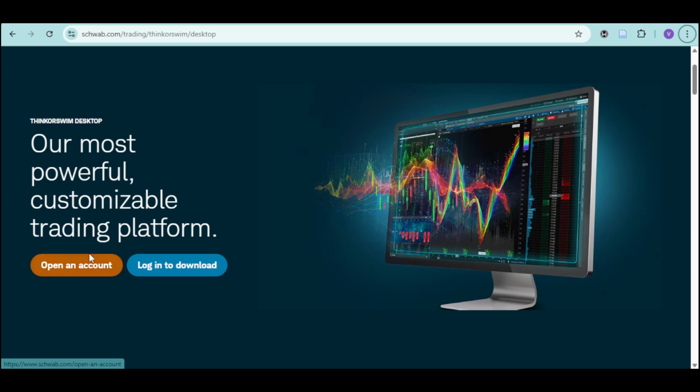But if you already have an account, you can skip this specific step and continue straight to download by logging in. And on the Thinkorswim page, you just have to click on the download Thinkorswim button. Select your operating system, whether Windows, Mac OS, or Linux, and the installer file will begin downloading automatically to your